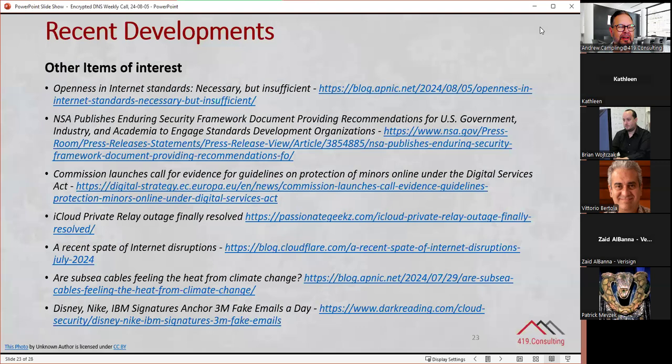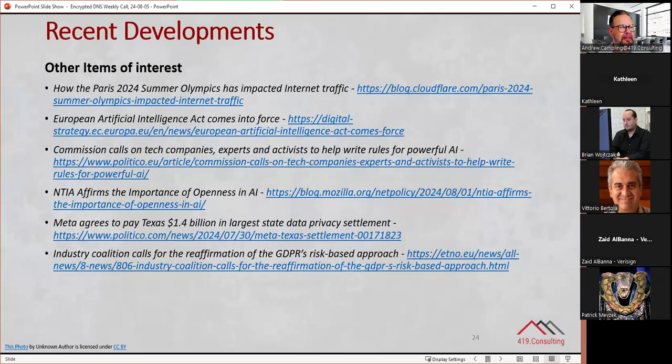So definitely worth a read to get Mark's thoughts on that. And then top of the second screen, if you want to see how the Olympics has impacted internet traffic, Cloudflare have done some initial measurements, which they published within the last few days.